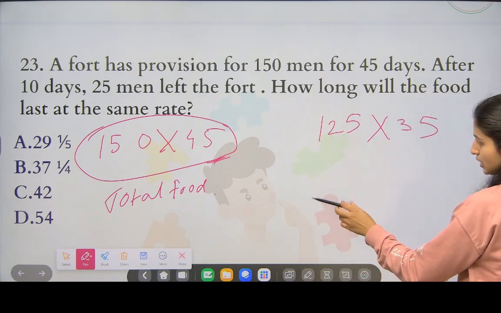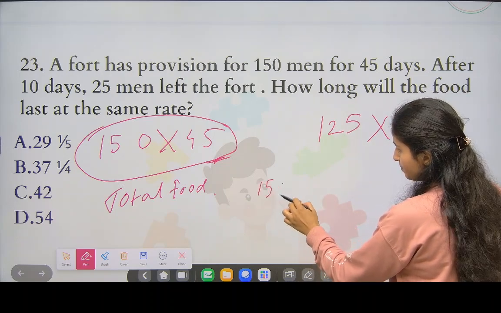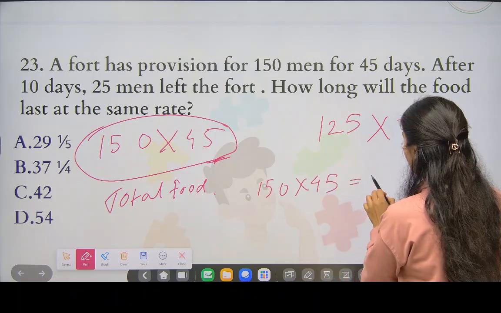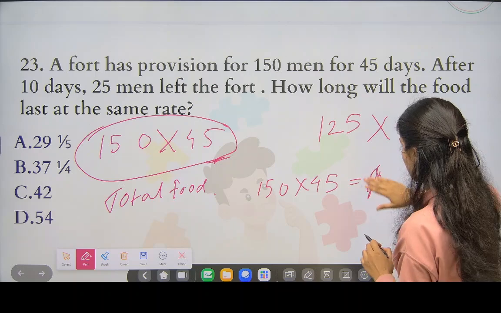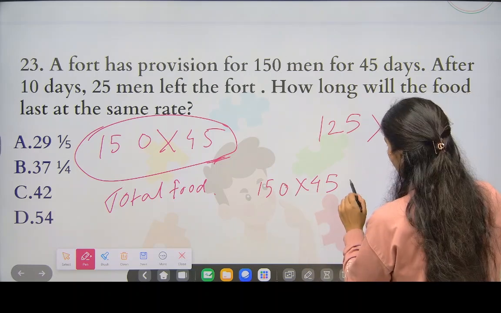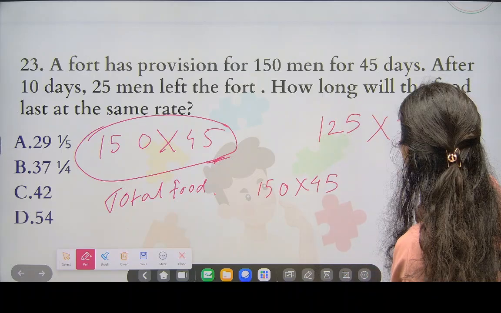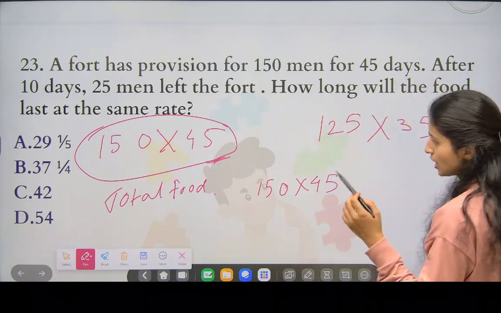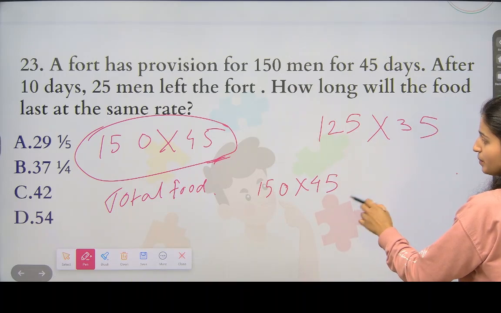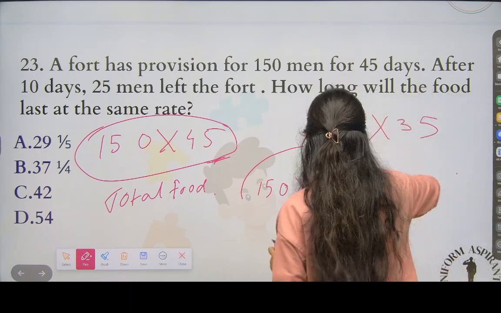See, 150 into 45 is equal to 125. What is that? After 10 days means for 10 days this food is eaten. How many people ate? 10 people ate. Means total food was,